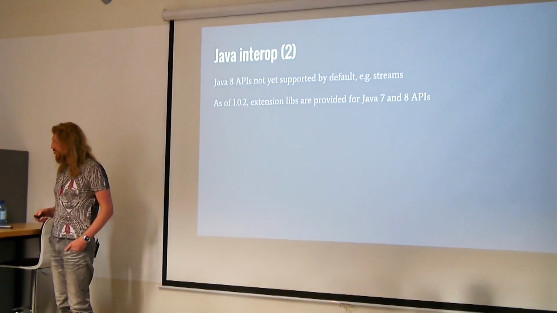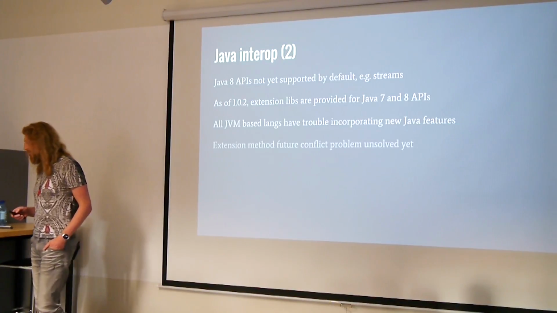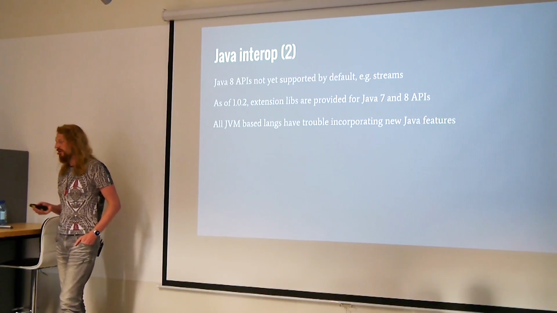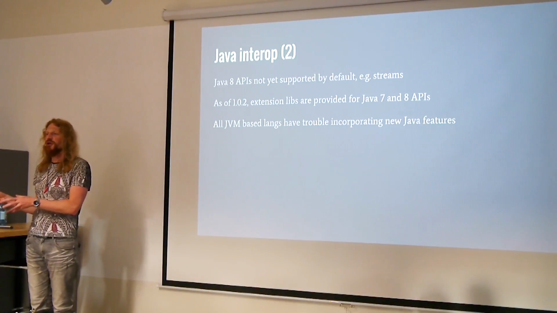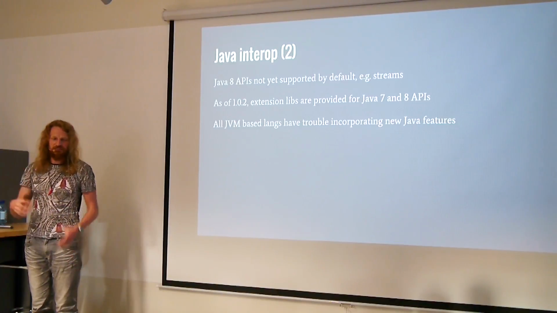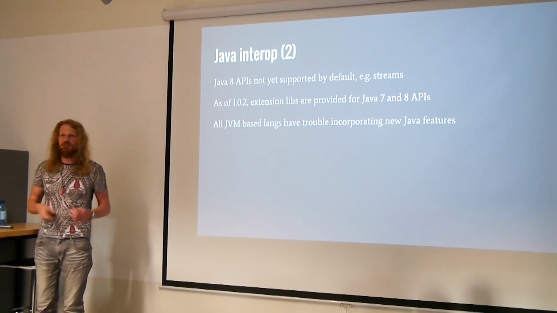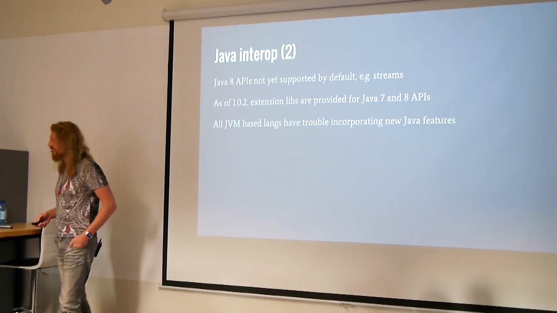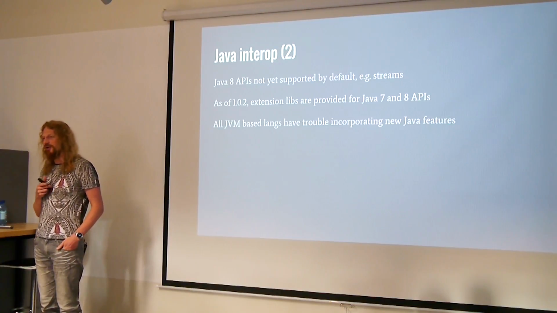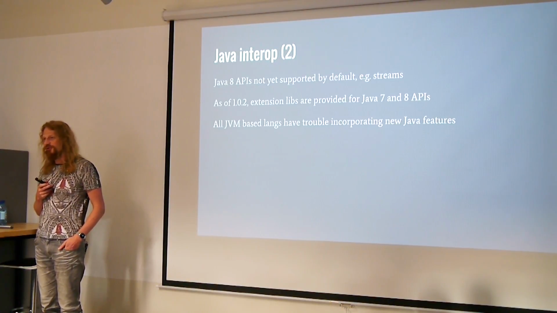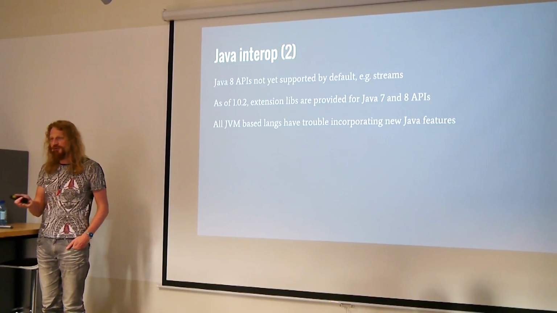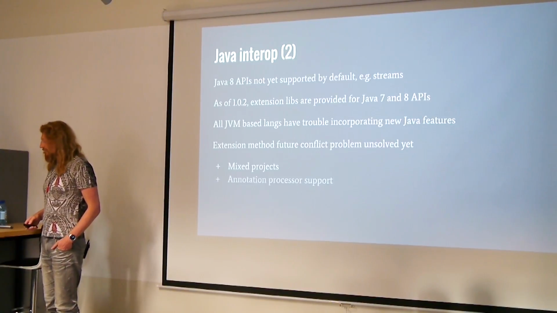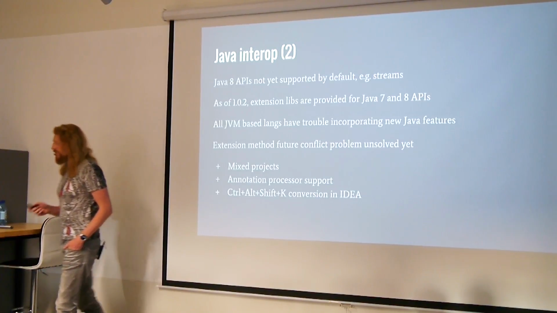So streams, I already told you. It's basically, I would say, a trouble for all new JVM languages. When there are new features appearing in Java, all the other JVM languages need to catch up. The same was with Groovy. When Java 8 came out, they needed to support this stuff. Actually, does Groovy support Java lambda syntax? It should. So it supports now both syntaxes because it tries to be compatible. Yeah, that's funny.